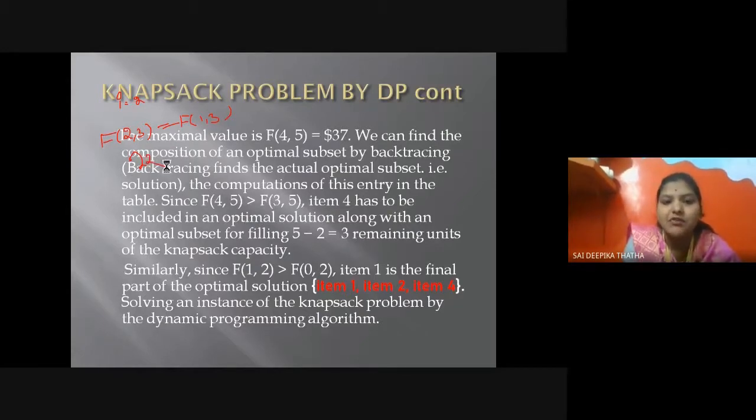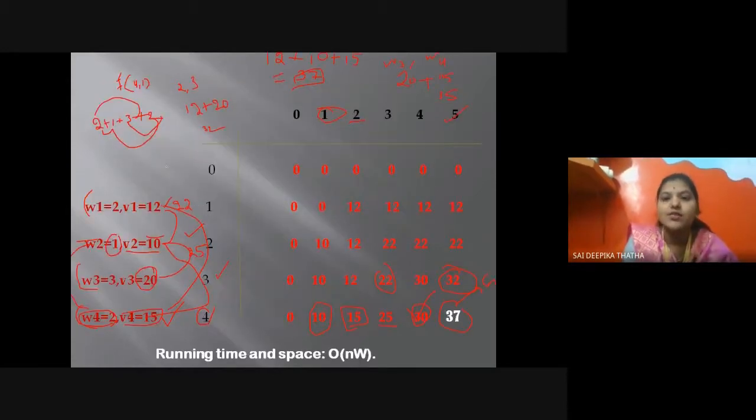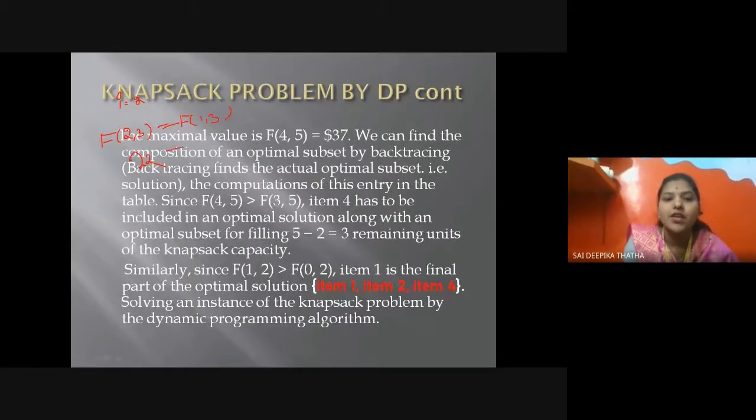And what is my f of 1 comma 3 value? It is going to be 12. So 22 not equals to 12. So what I need to do? I can insert my second item into the table. So I'm writing 4 can be inserted. Previously we have done 2 can also be inserted. Now these two are not equal, so I need to subtract the weight from the values.